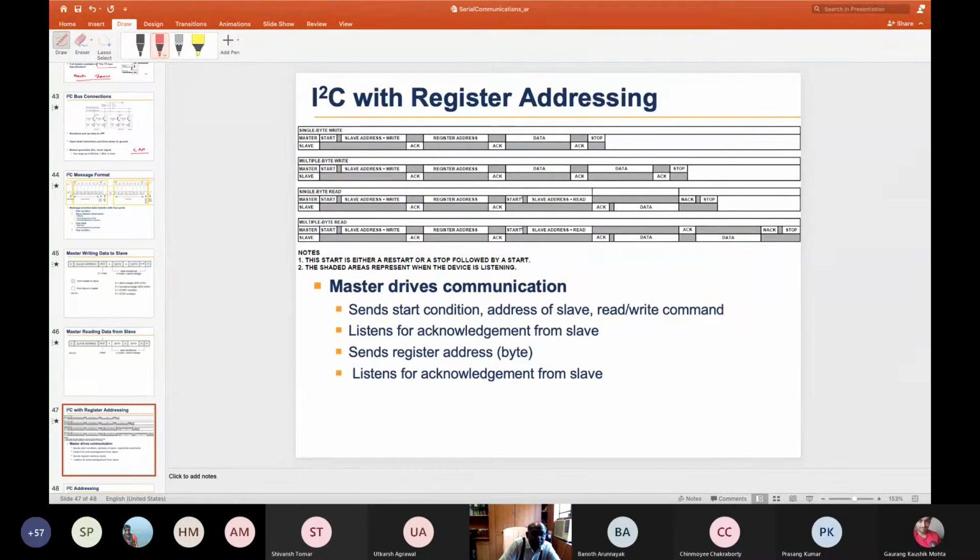The two-wire interface. I2C in this case is a two-wire interface, TWI.